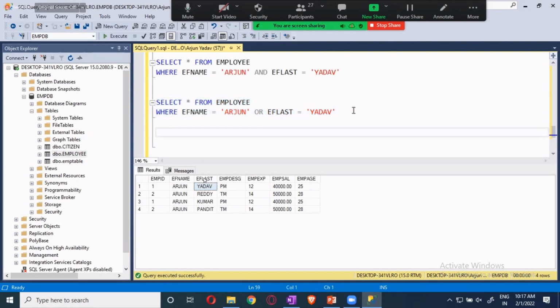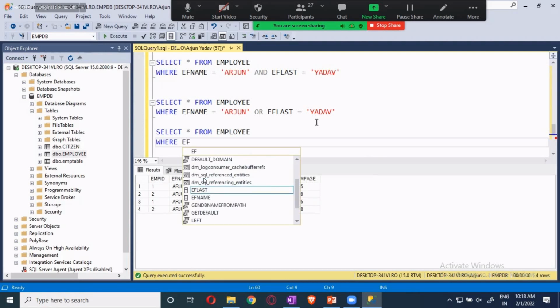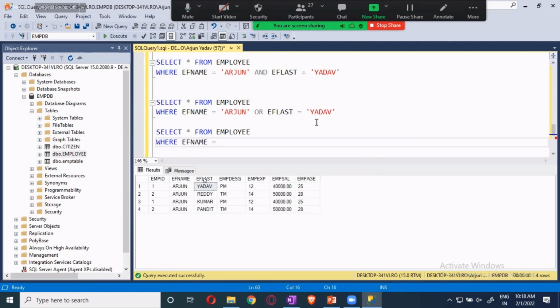Now there is something where I want to use the and or combination. Select star from employee where first name is equal to Arjun, and usually what we did, we said the last name is Yadav. But I want both of them, like Reddy and Kumar, not the Yadav.